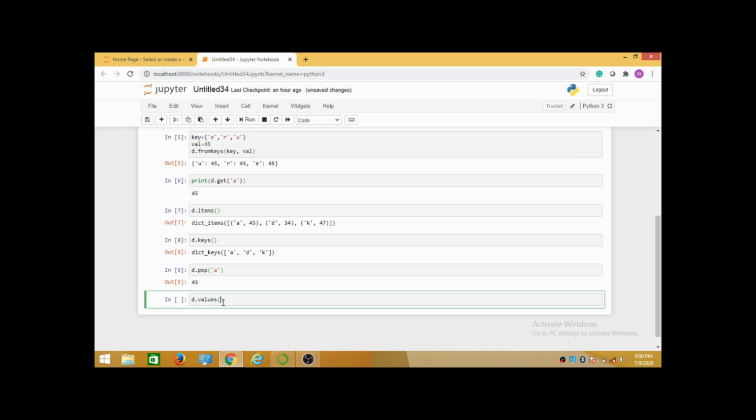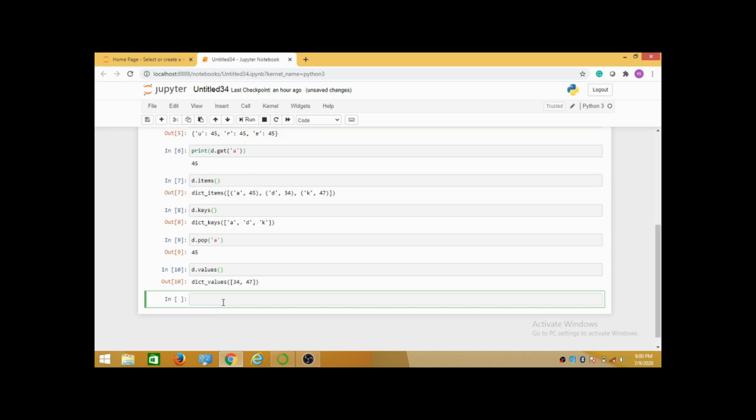Using this values function, we can generate the values we have. Here I am getting two values only, because I already deleted the a key. That's why here I am getting two values. To learn all these data types, you can literally play with the data.